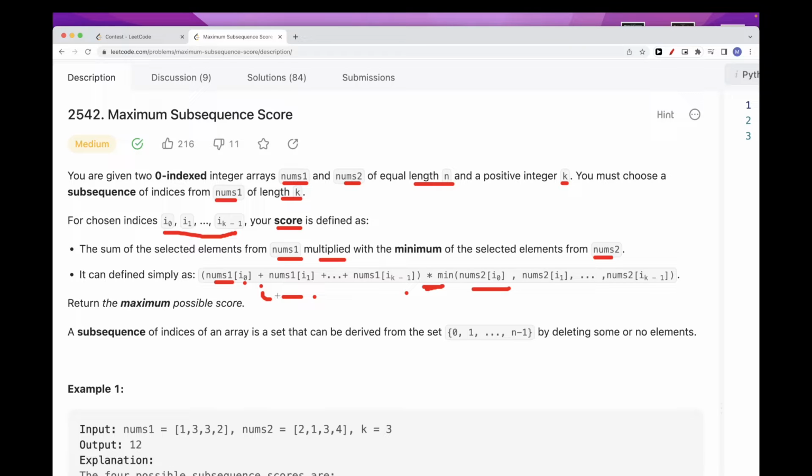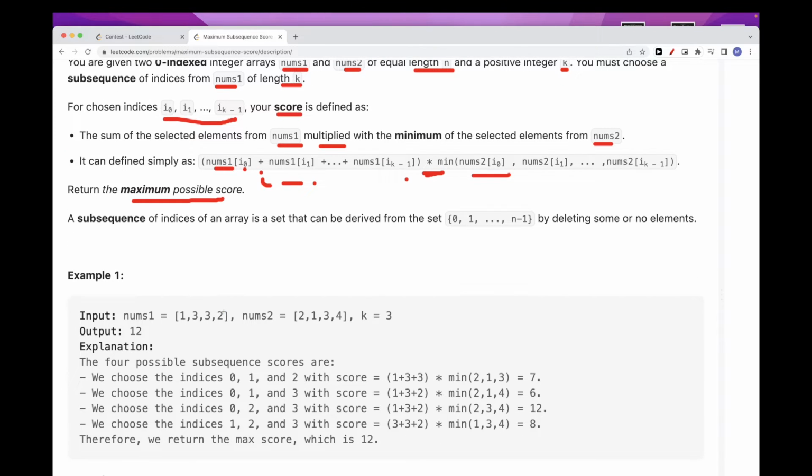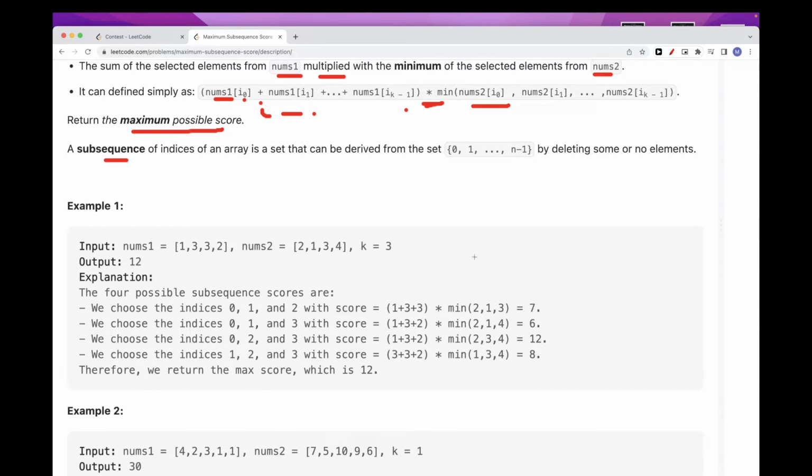Now the problem asks us to find the maximum possible score. It doesn't matter where you start, but basically the maximum possible score for any subsequence of length k that you have from nums1 and from nums2. By the way, a subsequence doesn't have to be contiguous, so it's not a subarray, it's a subsequence. If we take a look at the first example, k is equal to 3,